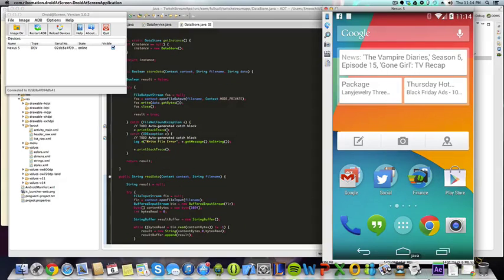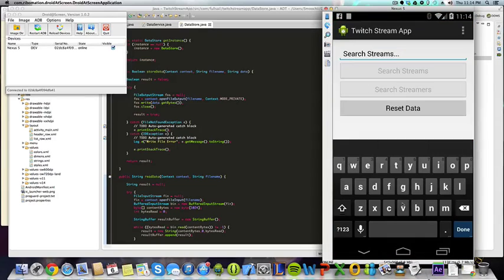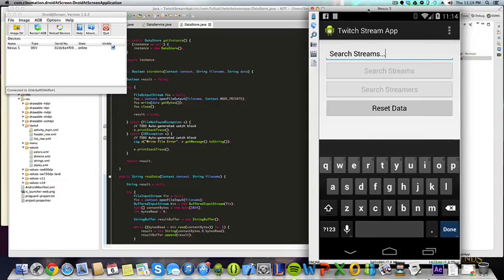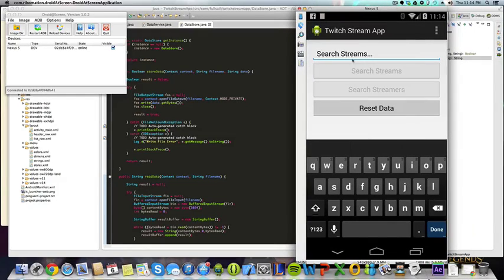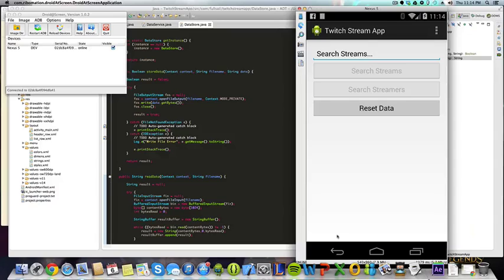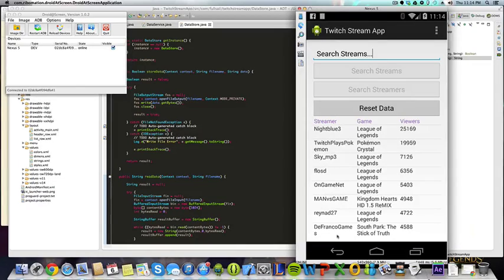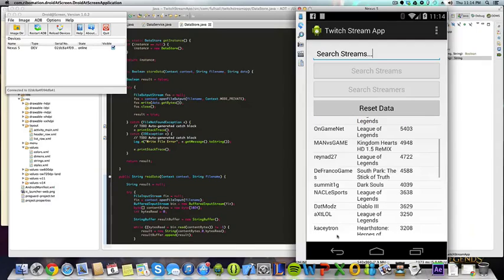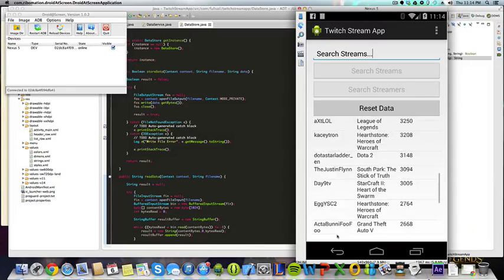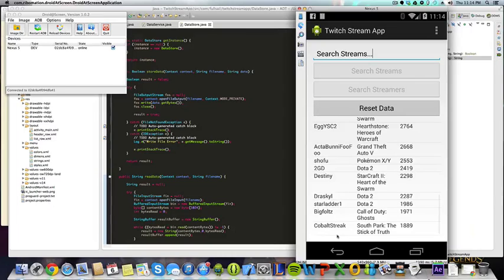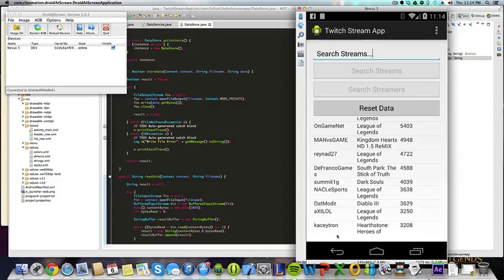So here's what it looks like on the phone. So it's not the prettiest. I'm not very aesthetic or design savvy at all, so basically when you click these 2 buttons, the search streams and the search streamers are disabled for now. When you click reset data, it pulls the list from the local storage because I already know it exists there. So here's my entire stream list. So it tells the streamer's name, the game that they're currently streaming, and then how many viewers are watching them